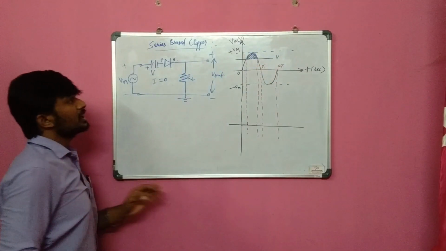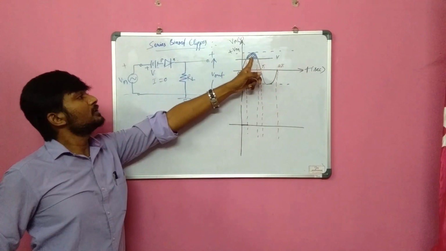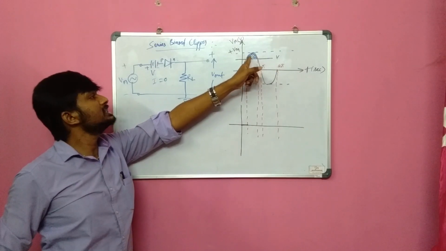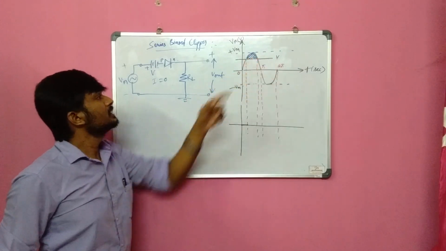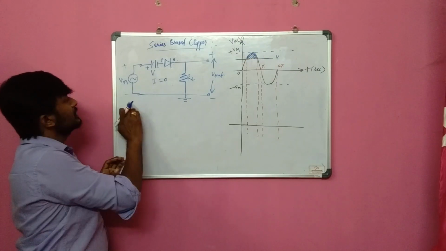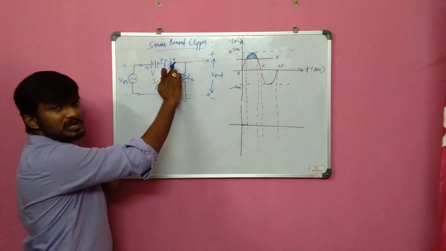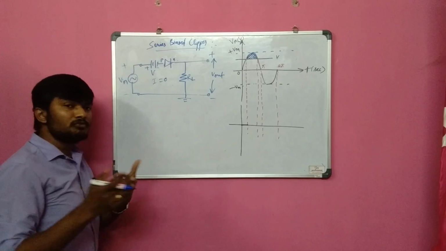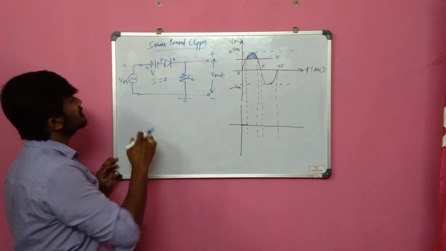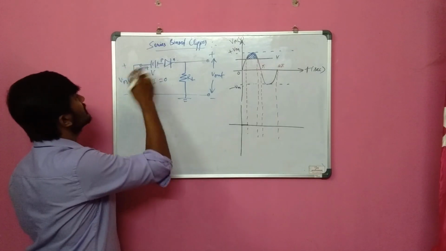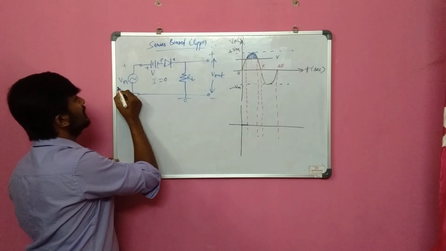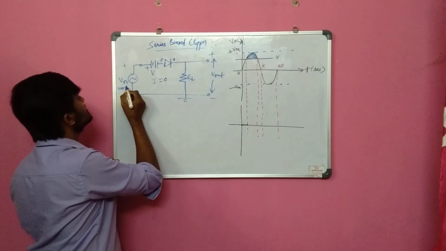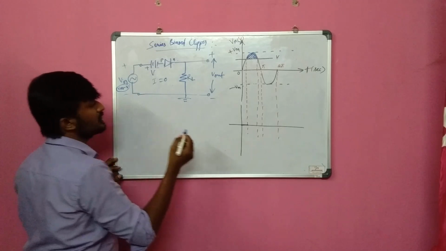This particular shaded portion of the blue sketch, all these values are definitely greater than V. So this is dominating over V. So negative is connected to negative of the diode, so it undergoes forward bias. Forward bias means I will have the same signal, but this is called, let us say, V maximum minus V. This is the voltage I will be getting.